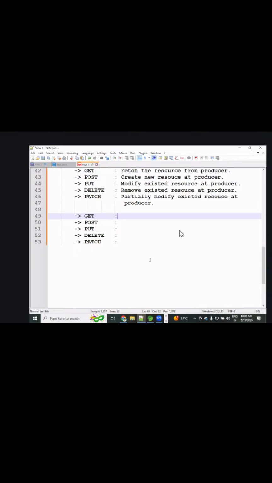Right. Get purpose is what? What operation will it be performing? I'm talking about HTTP with respect to the database.